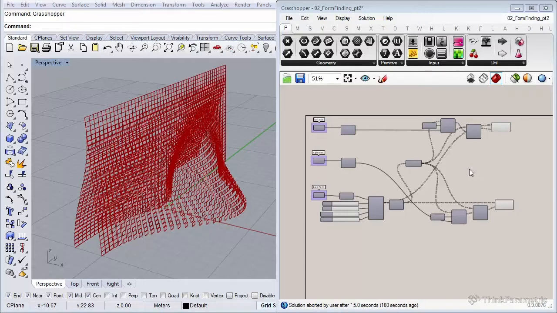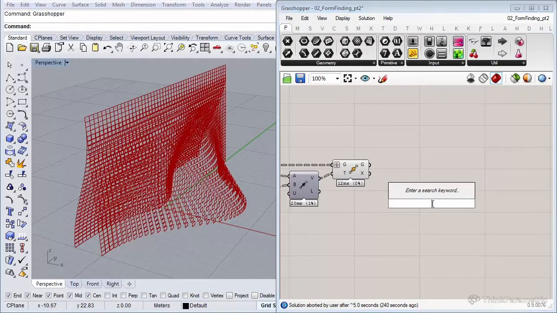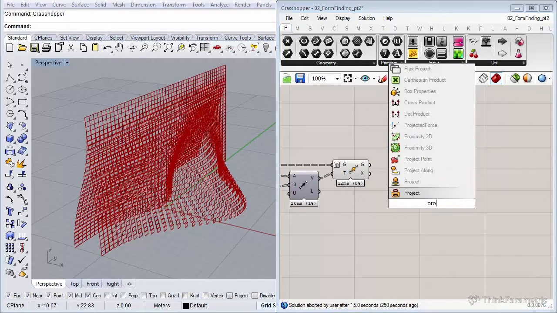So let's get started. There are different ways how to get the exact extruding length for our bricks from the curvature. We're going to use a method where we're going to project our rectangles on top of our surface, and according to how much a rectangle is deformed, we're going to base our extrusion length upon that data. So we're going to use a component that's called project to BREP for that. So let's insert that component.